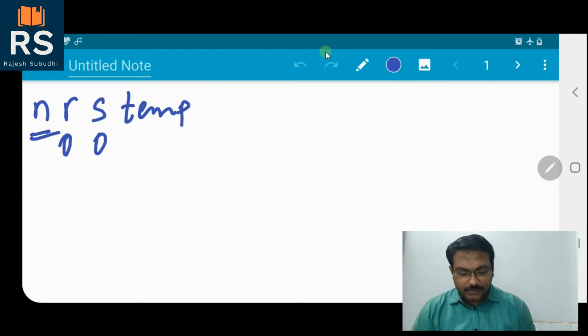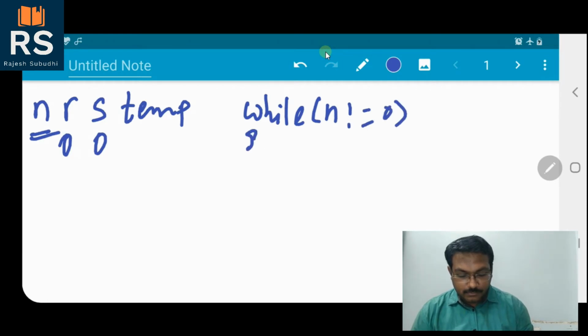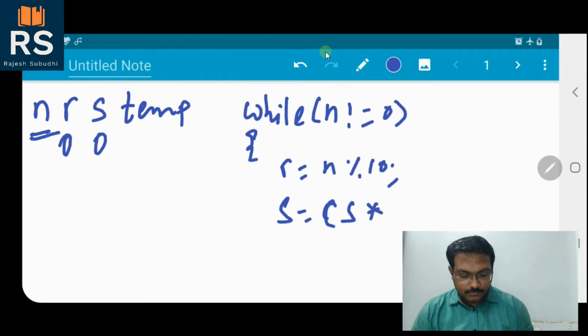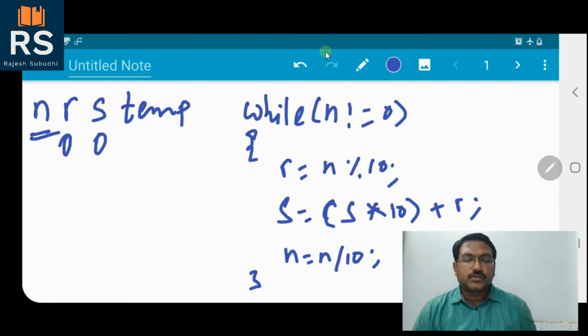So these are the same steps as from the previous video, and we write them in a while loop. So this is the solution for reversing the number.